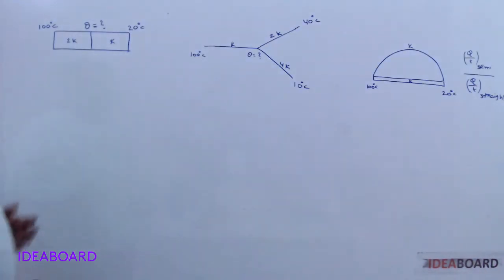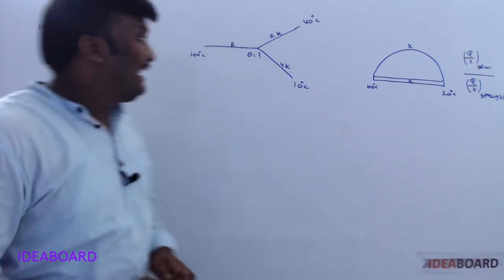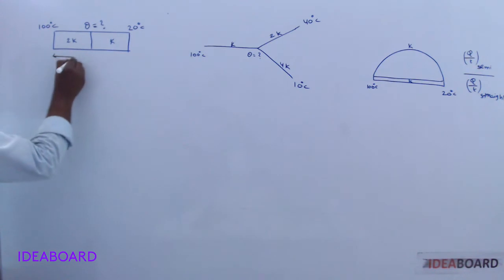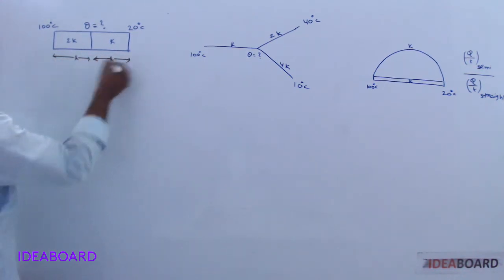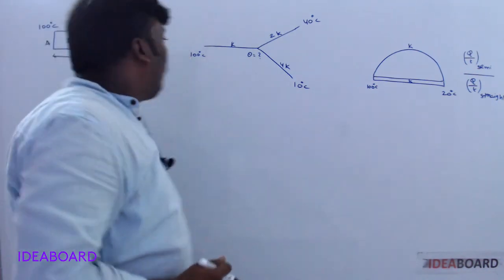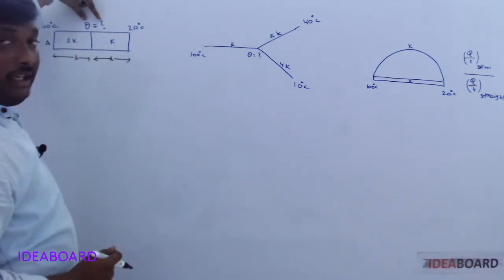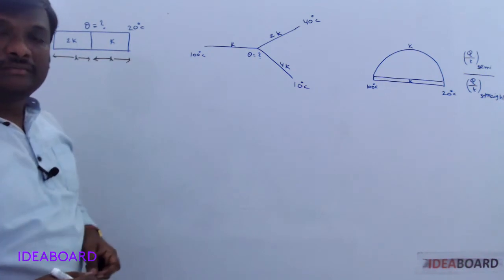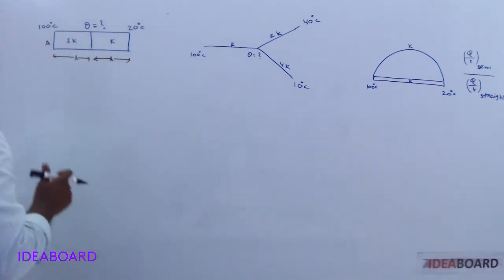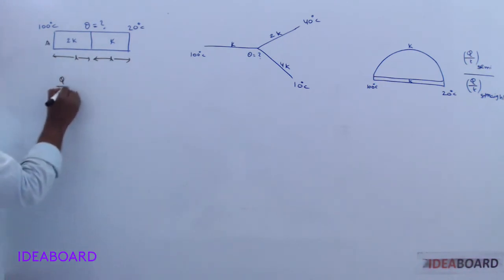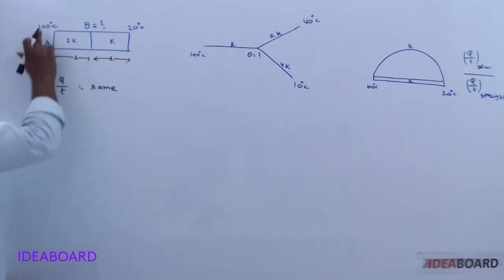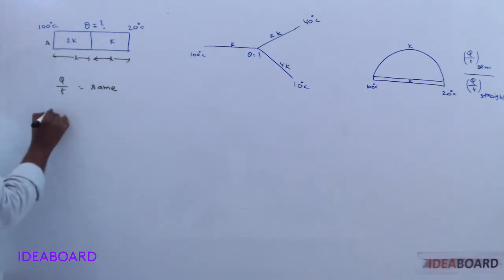On the basis of the concept of coefficient of thermal conductivity, let us try to solve these numericals. For these rods, both have the same length and the same area of cross section. First of all, what are they asking here? Theta, nothing but the junction temperature. Both rods are in which combination? Series combination. In series combination, Q by T always remains the same for all conductors. What is the value of K here?